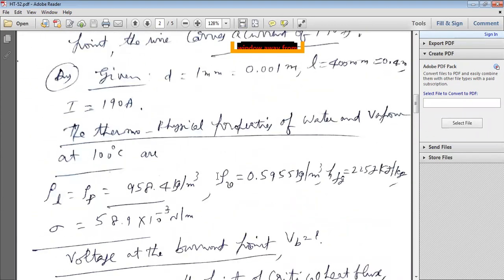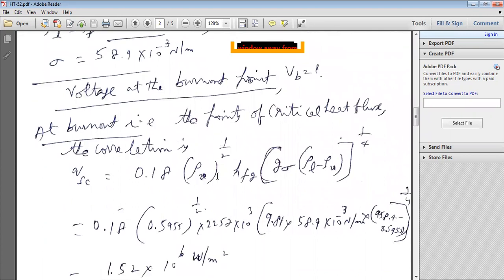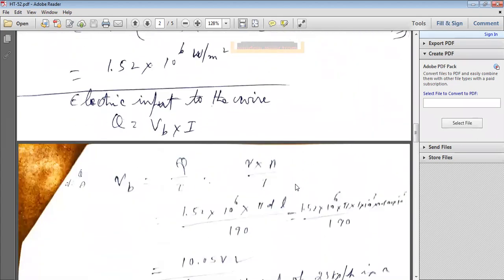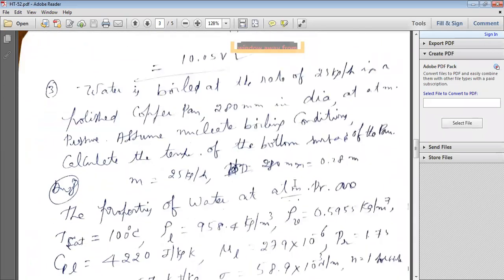The only thing is you have to practice the problems and know the basic concepts of boiling and these correlations. Generally, some correlations are readily available from the heat and mass transfer data book. Okay? Now, just like the first and second problem, there are two more problems.